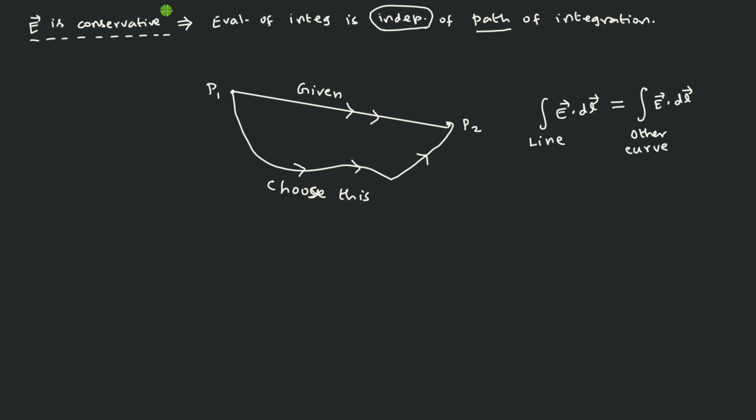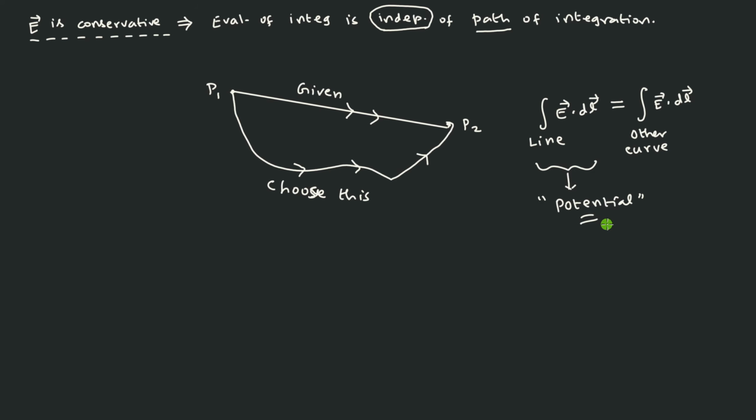So the electric field is conserved here in electromagnetism. It means that your integral E dot dl, this is what we are going to give the name. Already you know what the name is; we have seen it in the last 2-3 classes. We have given the name potential, and we are going to say that this potential is going to retain its value irrespective of whichever path you choose. That is, the potential doesn't change because you change the path.